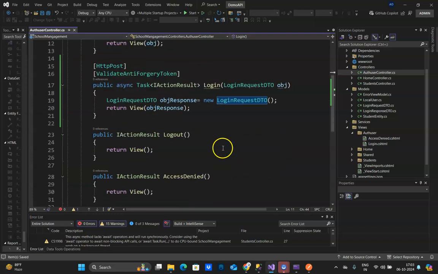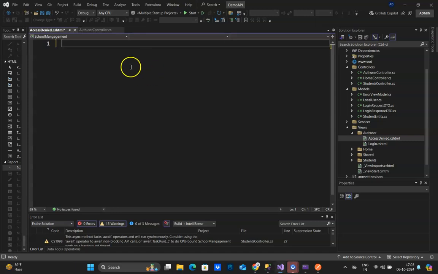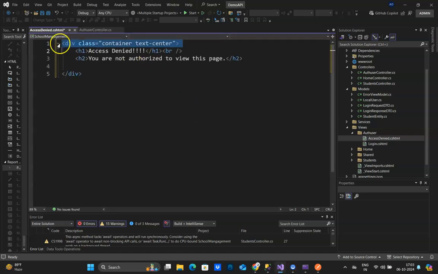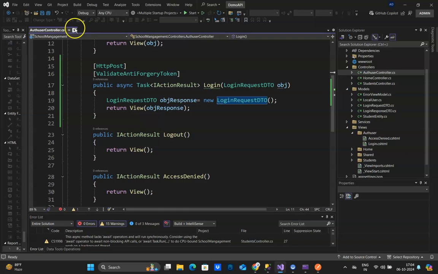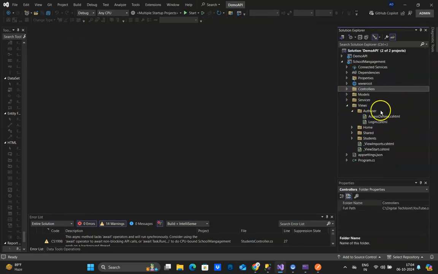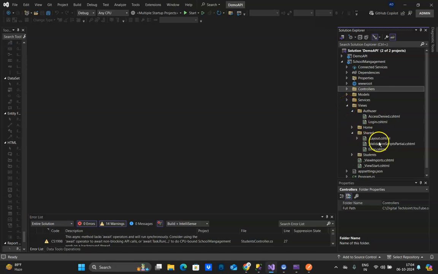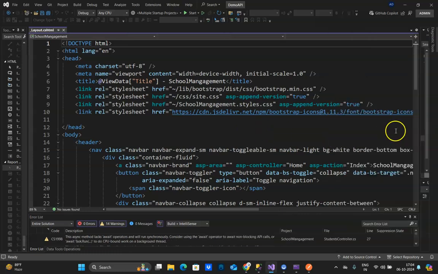Let's also go to our access denied page and add the small tag over here. So this is a container, and inside the container: access denied, you are not authorized to view this page. Okay, so now let's run this page once, and obviously we need to also add that link for login. For that, we will go to our shared layout, and here we are going to add,